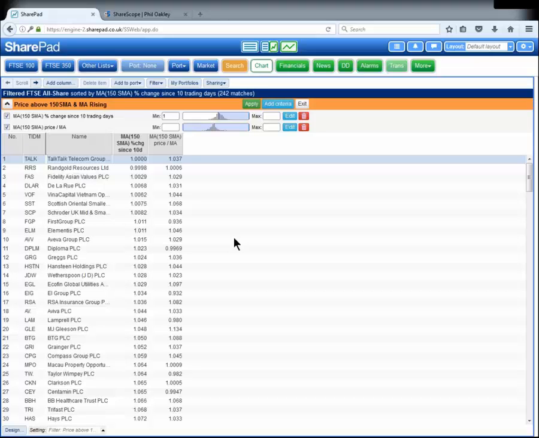So when you do the ratio between the price and the moving average, for the price to be above, the price has to have a larger value. And so basically we want results of 1 or larger. 1 would be a perfect ratio, so they'd actually have the same value. So what we could do is a fractional one. In our minimum value on our new criterion, we could do 1.001, or we could go smaller if you wanted to, 1.0001. That would actually capture Randgold Resources, which is why I added the extra 0. So just ever so slightly greater than 1 basically, and that will make sure that the price is above the moving average. So we click on Apply,